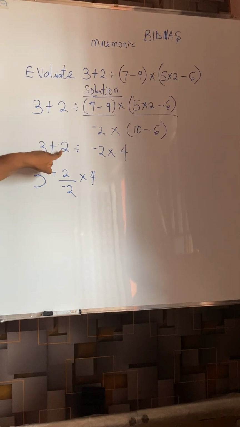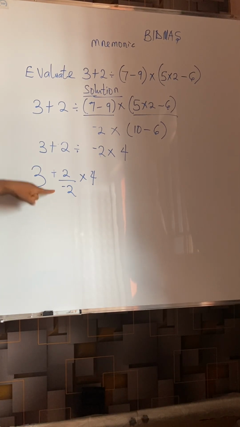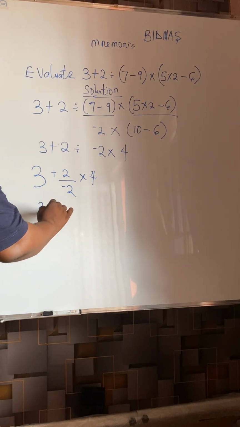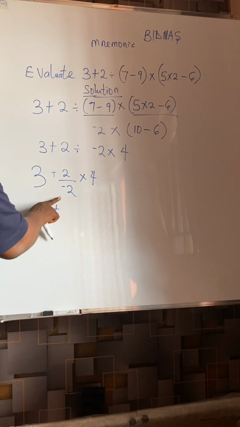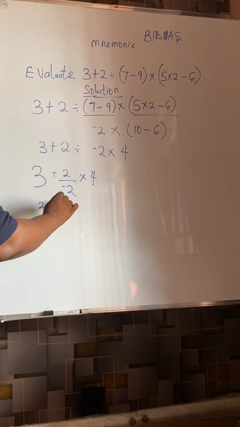Then I'll do this: the positive 2, so this is 2 divided by minus 2. So what I've just done here is this divided by minus 2. It is very important that we take note of this. Now, this is plus 2 divided by minus 2. My 3 is still here, plus, I still have my 3 here, so that this is minus 1